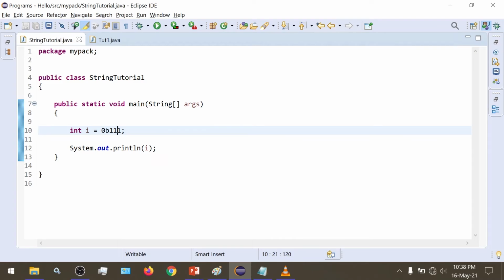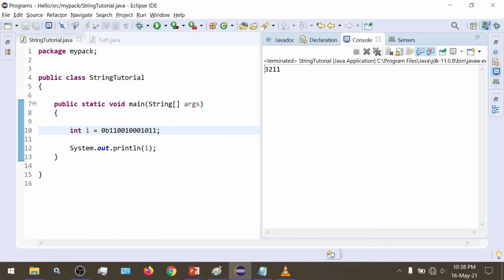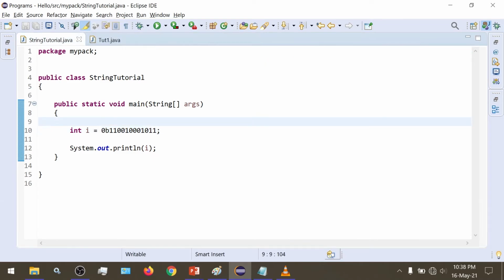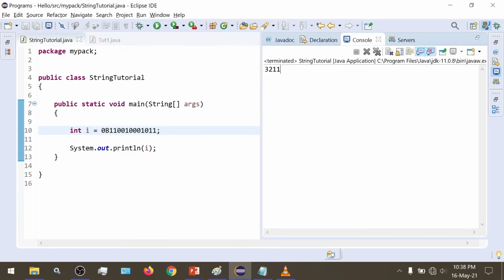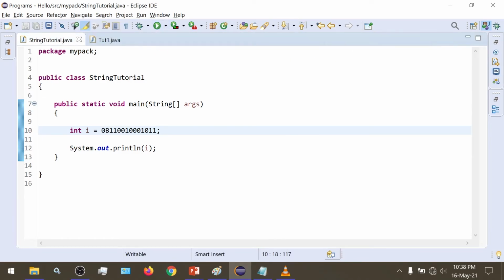So we can specify any binary number here. If I give any random binary number, then its decimal equivalent would be printed. The b here could be lowercase or uppercase. Its case doesn't matter; it will work in either situation.